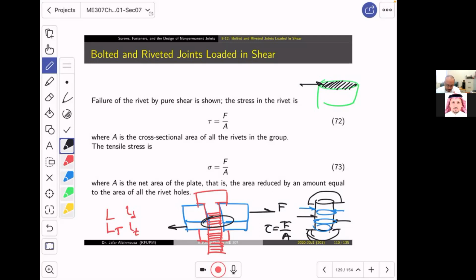Anyone, guys? Nobody's paying attention. No, we are paying attention, but